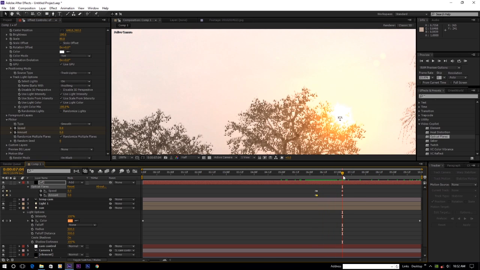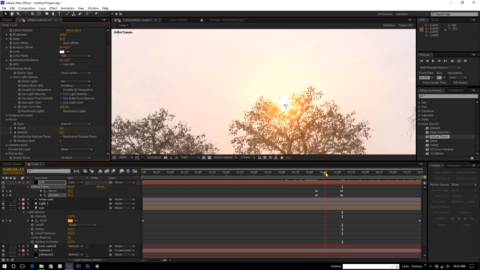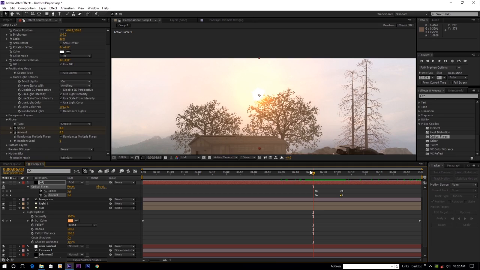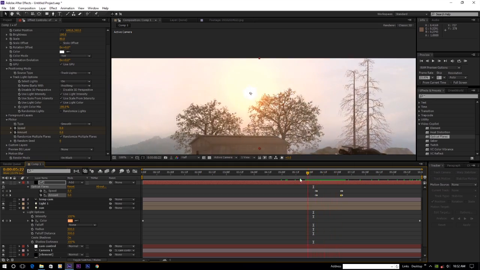And just before it passes behind the trees, press Page Up, so bring that frame, and also keyframe here, maybe increase, and then keyframe to 0. So now you will see it flickering a little bit. Okay,